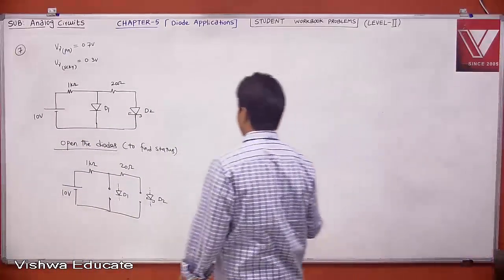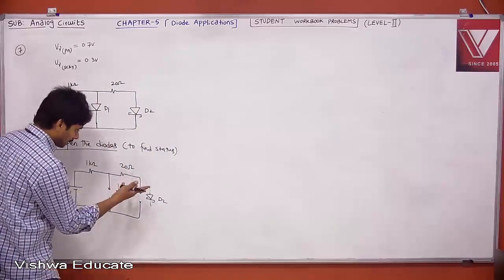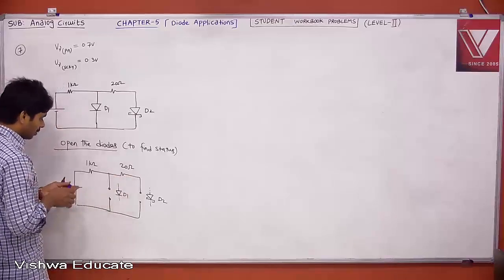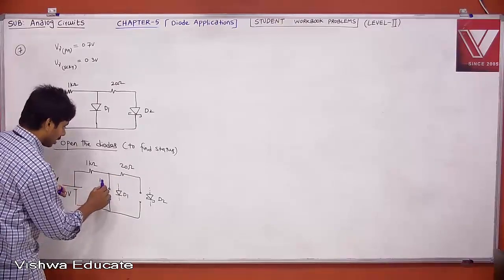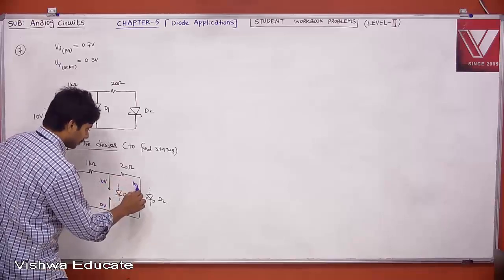Yeah, 1 kilo ohm and then 20 ohm. Okay, if this is the case, tell me, what is the current flowing? Nothing. The voltage drop is 0, so whatever 10 volt you have, that you will see here. Therefore here it is 10 volt, let us say 0 reference, the same 10 is coming here, and then